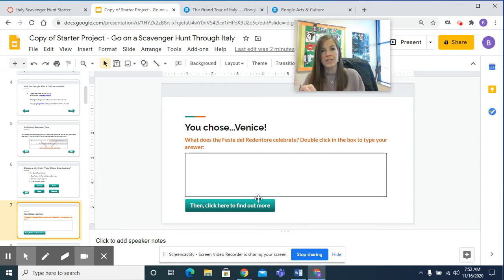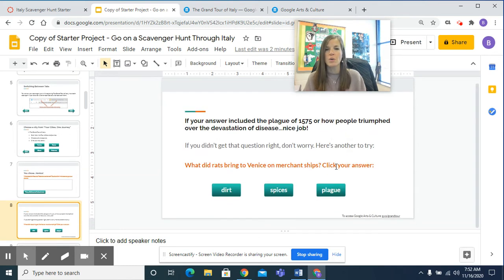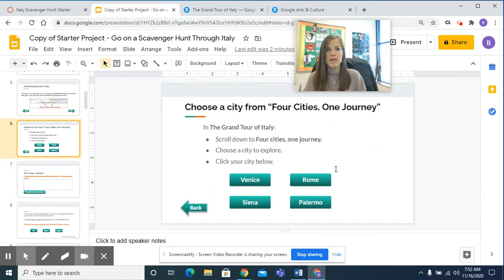If you look at the agenda, this presentation tells you to do this for 1 city. I feel like it's going to be helpful and powerful for you to do it for 2. So you'll do 1 city 1 day, fill in all the information. You'll be able to explore. You'll have to answer a variety of questions. And then on the next day, pick a different city and go through the same topics or same structure. There are 4 available. You'll do 2 total. I think that's pretty clear on the agenda.